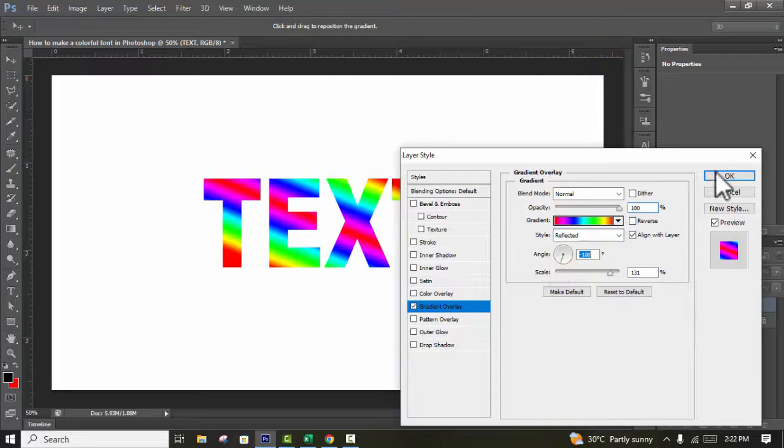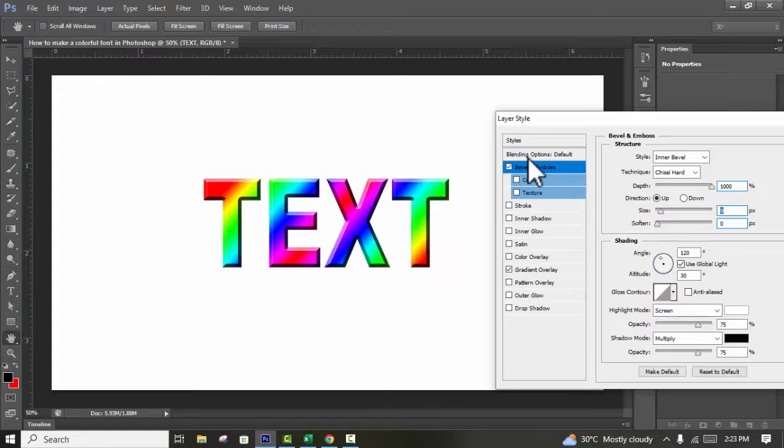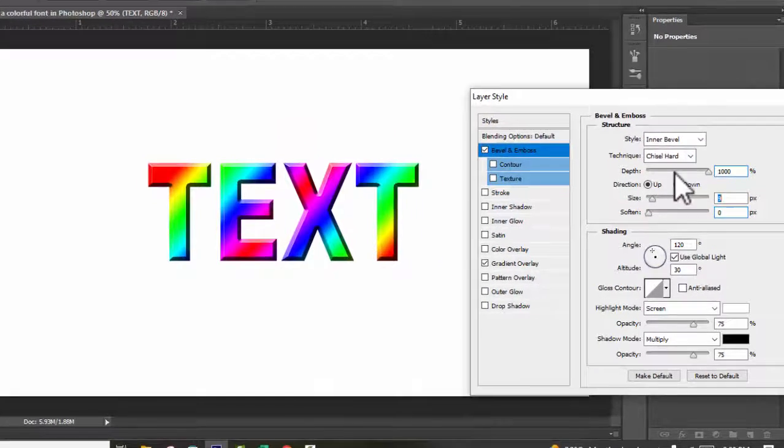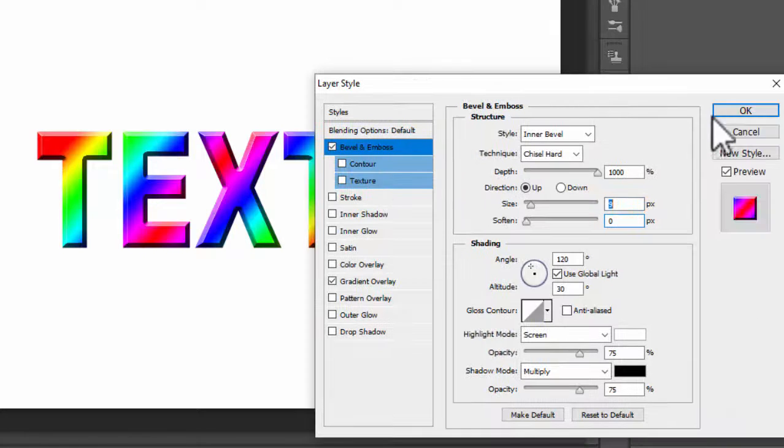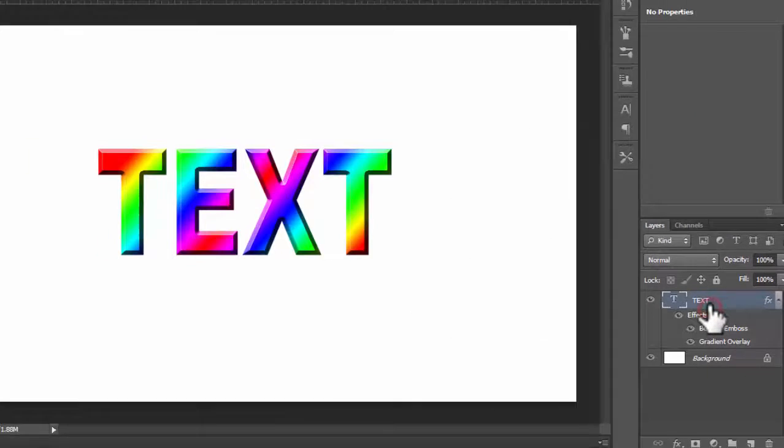angle. Okay. And you can use this blending options, bevel, size 9 pixels. Okay, and step 2,